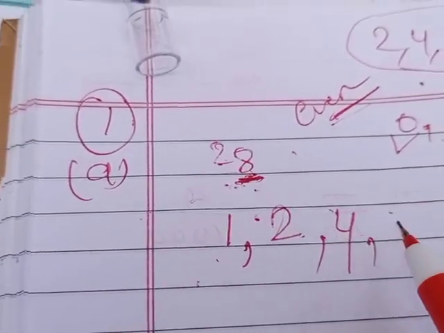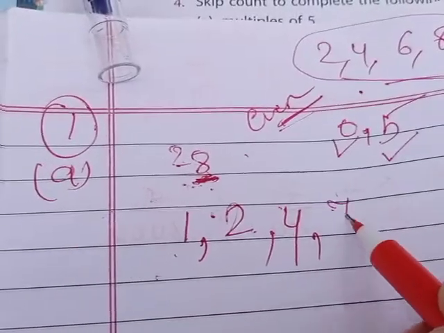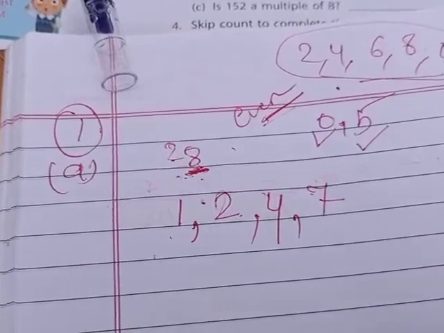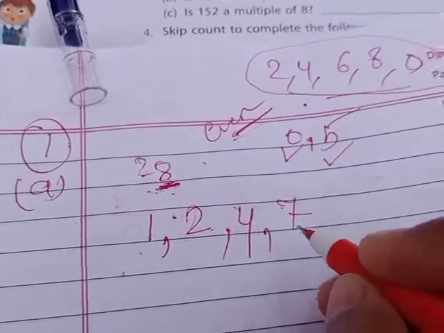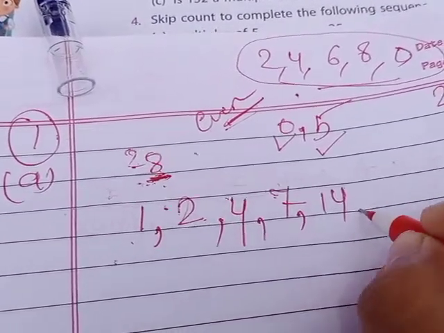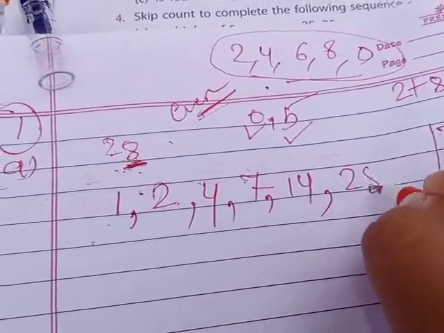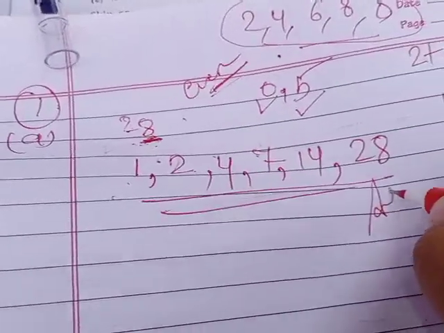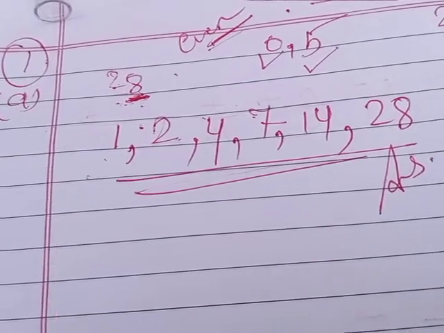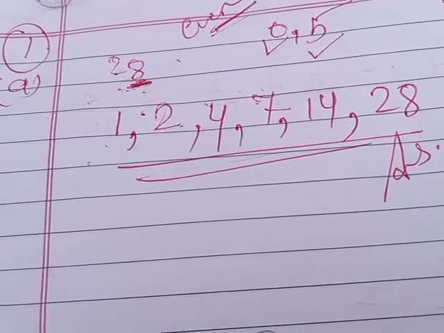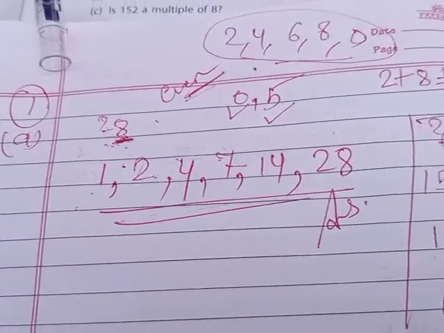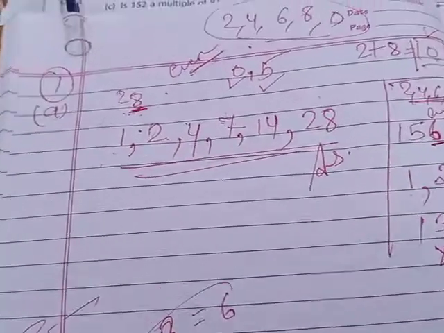What about 7? Divide and see. 7 4s are 28. 7 will be a factor. Like this, we have different rules for finding the factors. And after 7, you have 14, because in the table of 14, 2s are 28, and directly 28 will be the last factor. So all these are the factors of 28. Clear? First factor always is 1 and last factor always is the number itself. And in the middle, I told you the rules. Keep the rules in mind while writing the factors.